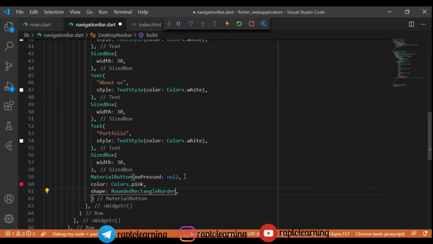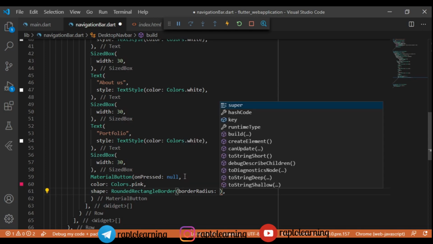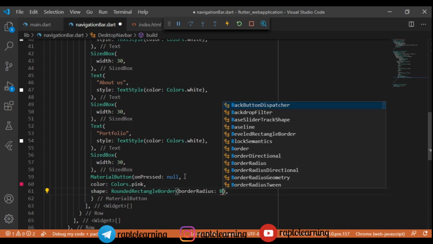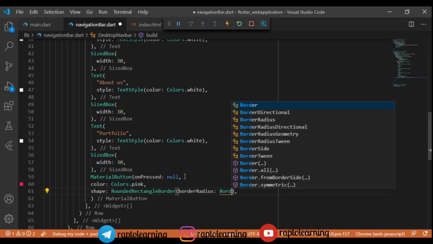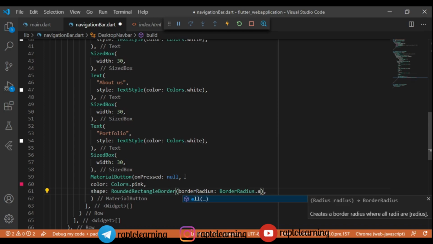But before adding text, we will give it a shape, right? So we will give the shape as a rounded rectangle border, and we will write border radius as border radius dot circular.